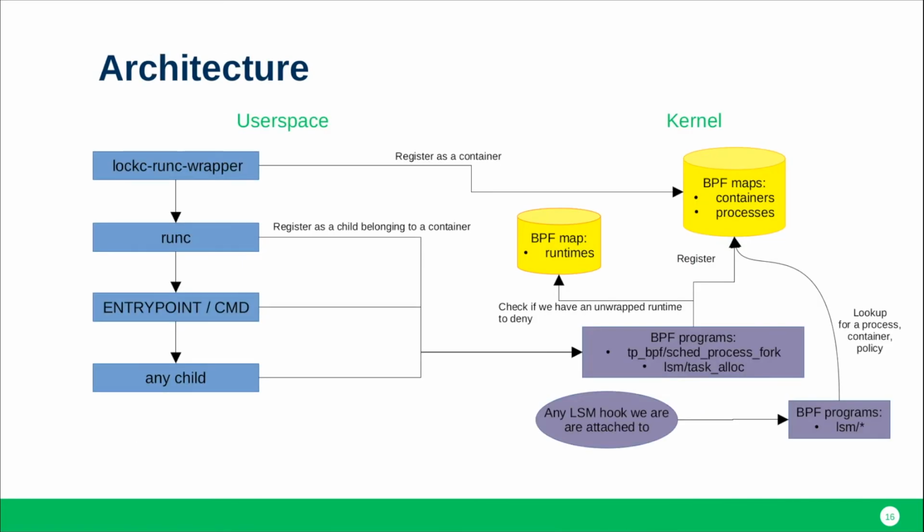Here's a diagram which shows that architecture. So as I mentioned, here's that lockc runc wrapper which registers the container. And then every child of the lockc runc wrapper is monitored by two BPF programs, sched process fork and task alloc. Those two BPF programs receive every process creation event in the kernel. So they are monitoring all the clone and fork